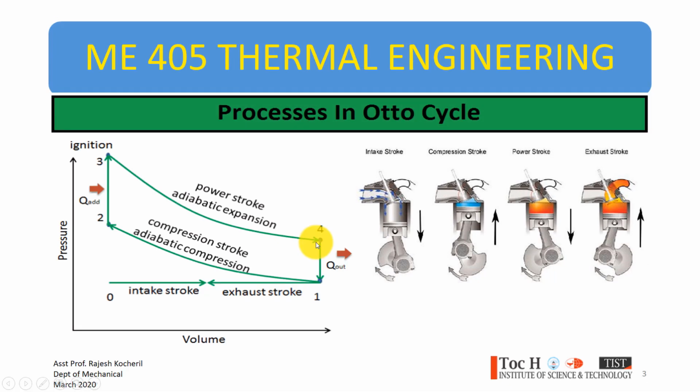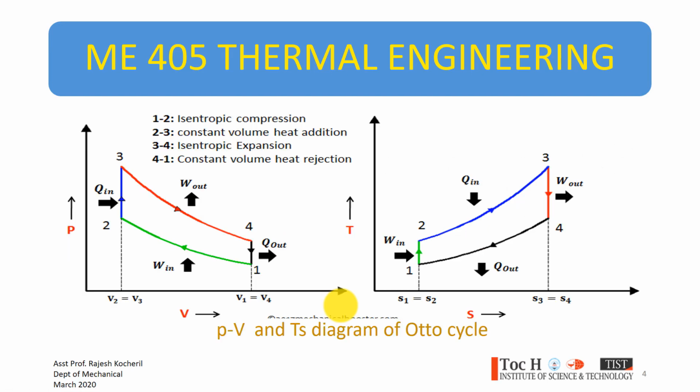Then the heat is rejected from point 4 to point 1, the heat rejection takes place, and subsequently 1 to 0, or you can say 1 to 6, is the exhaust stroke. This is how the process takes place in an Otto cycle. Now let us see the PV diagram and TS diagram, the pressure-volume diagram and the temperature-entropy diagram of the Otto cycle. As I said, the process 1